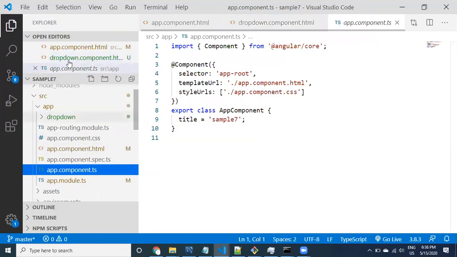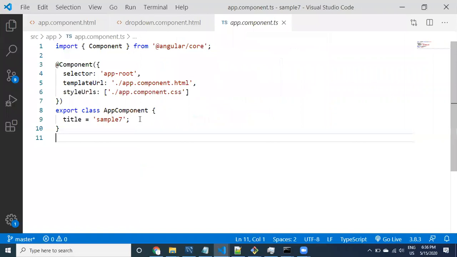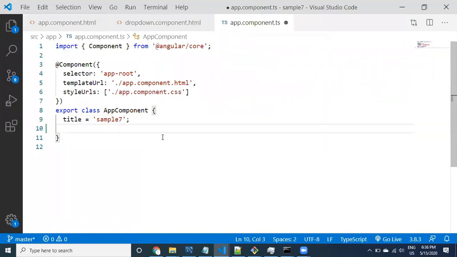App component.ts. Here in the app component.ts, I want to provide an array of information, an array of some data, to the child. Which values do I want to send? I am sending values from the parent component to the child component because I want to display a list of students. So maybe I can take students, with array values.